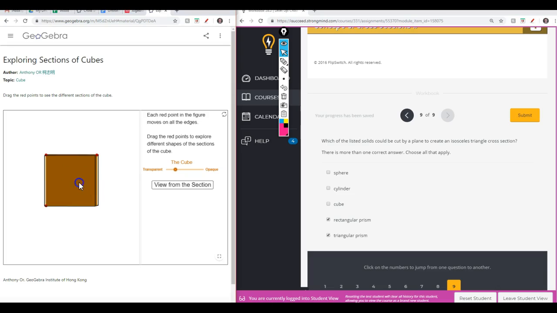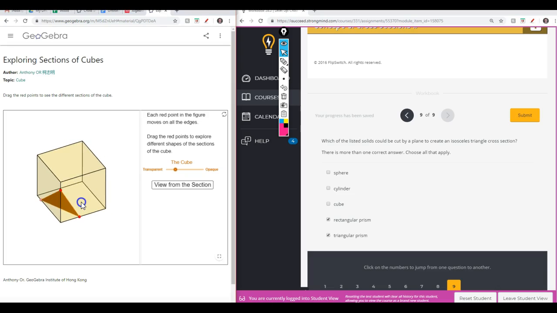So each red point on the figure moves on all of the edges. So I only, again, want to cut 3 of these edges, so I just want to cut a corner. And so let's see if I move it over here, if we can get that. There's that triangle. Okay, so we could do the same thing with the triangle on just the corner right here,